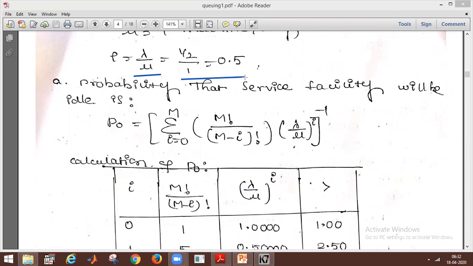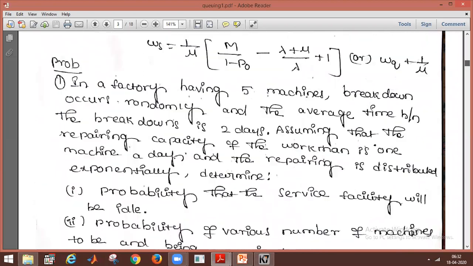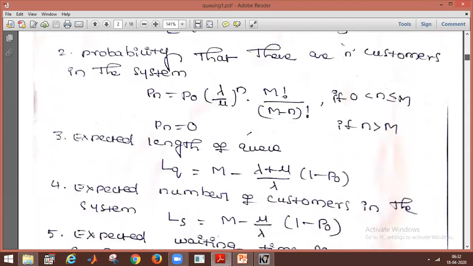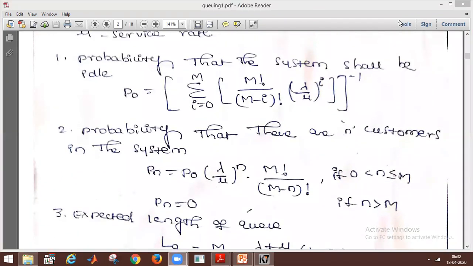After calculating the rho value, we calculate the probability that the service facility will be idle. For the idle probability we use the formula P naught is equal to